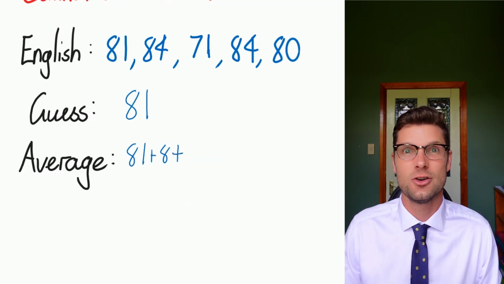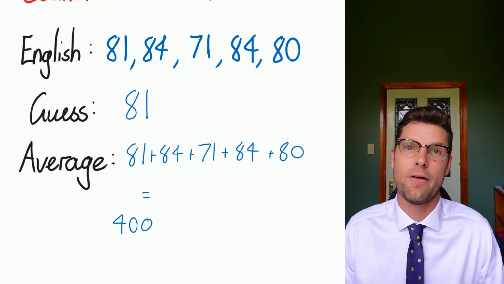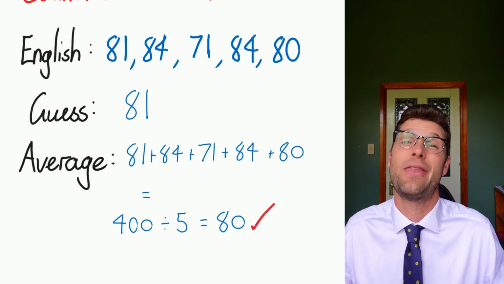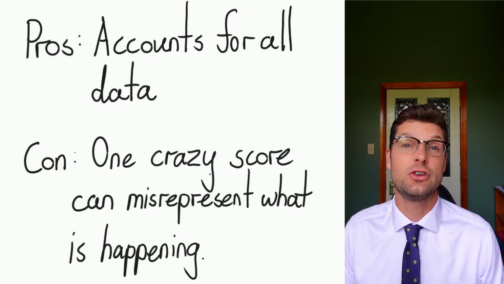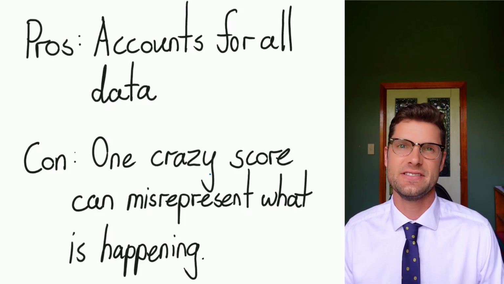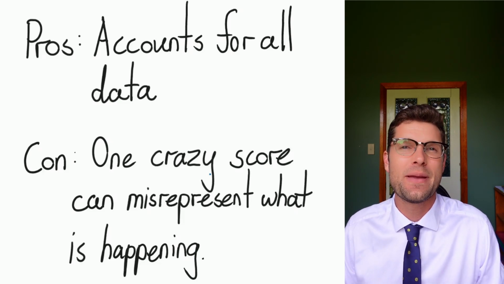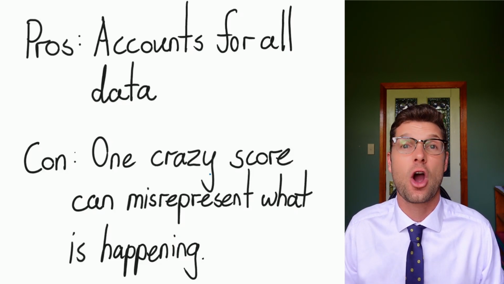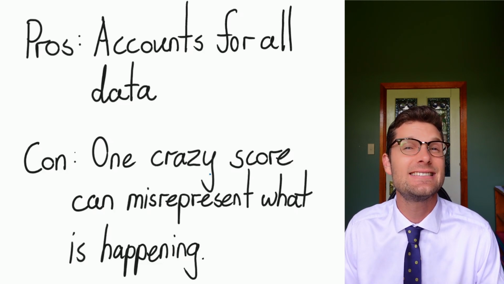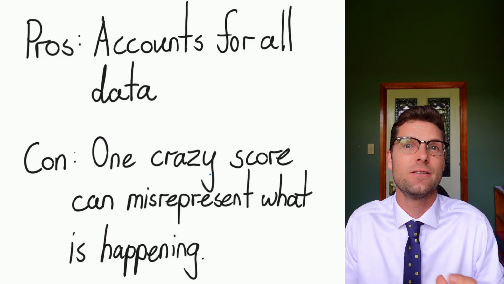So what we do need to do is add up all these numbers, hit equals, and then divide by 5. This is equal to 80, so that makes way more sense. So one thing we do have to look at is the pros and cons of using the mean as a good measure of center. And we're going to do this for all of the measures of center that we look at. So the big pro for the mean is that it accounts for all the data that is possible. So every single kind of input into your data set is accounted for when you do the average, because you have to add them all up and then divide by that number.